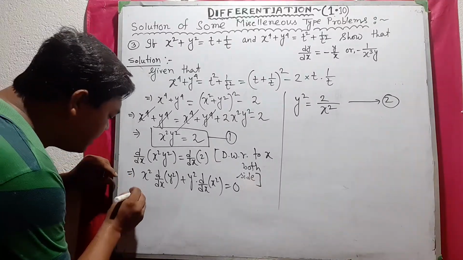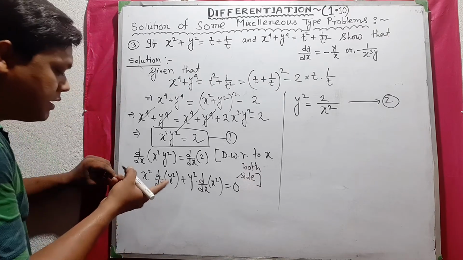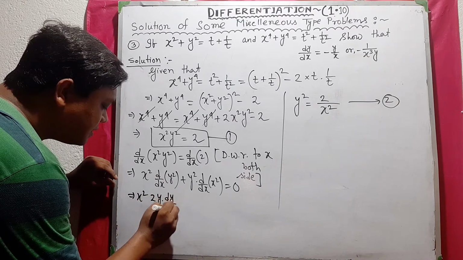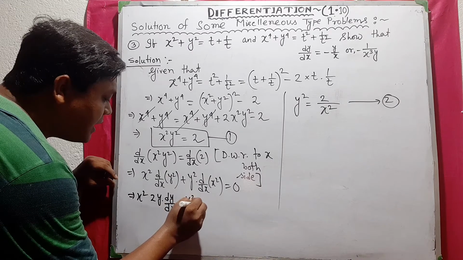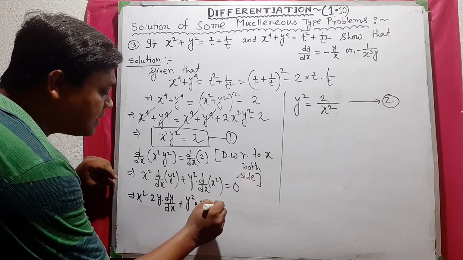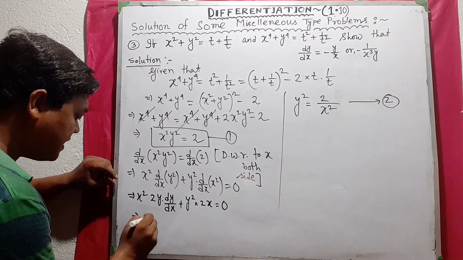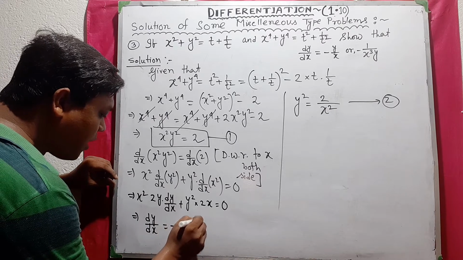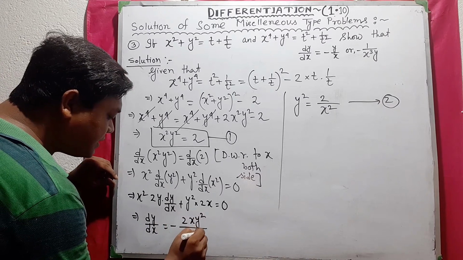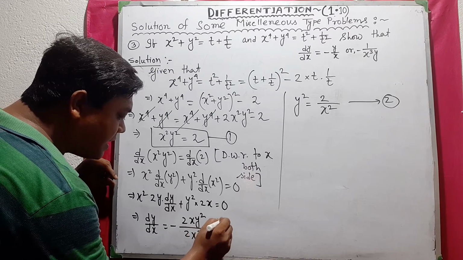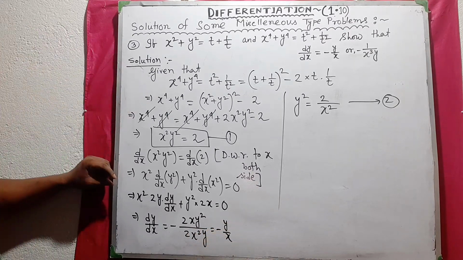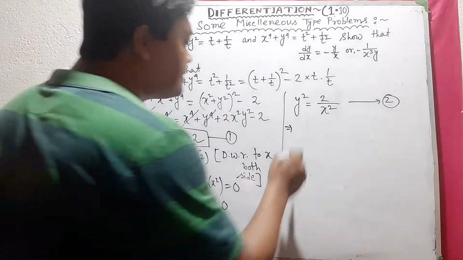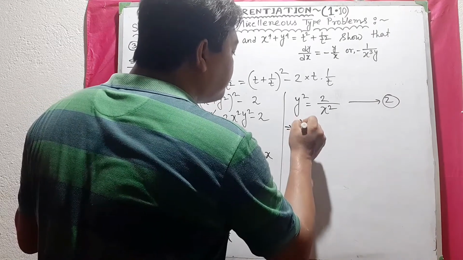So x square into 2y dy dx, plus y square, x square derivative 2x, equals 0. So from this equation we get dy dx equals minus 2xy square by 2x square y, so that gives minus y by x. Okay, and if we differentiate this expression with respect to x,